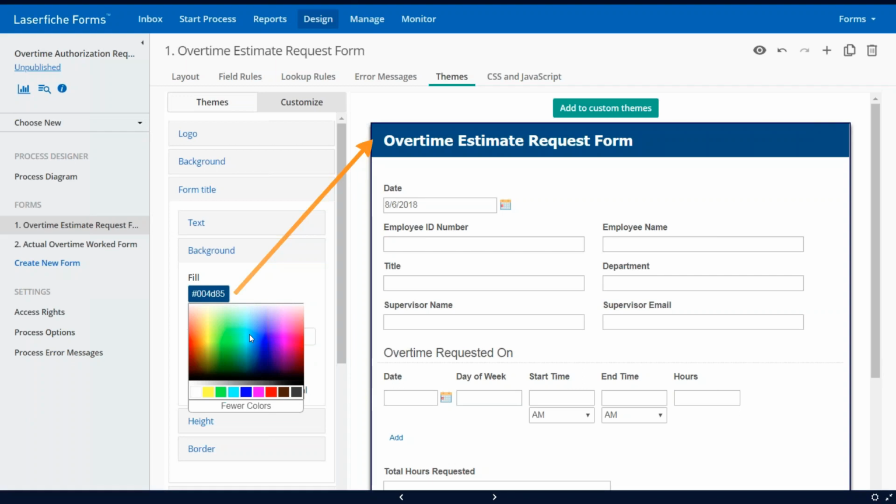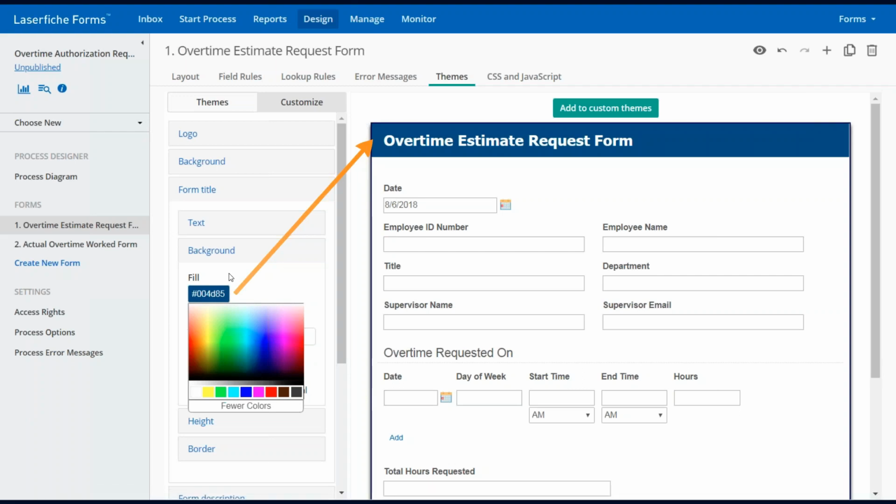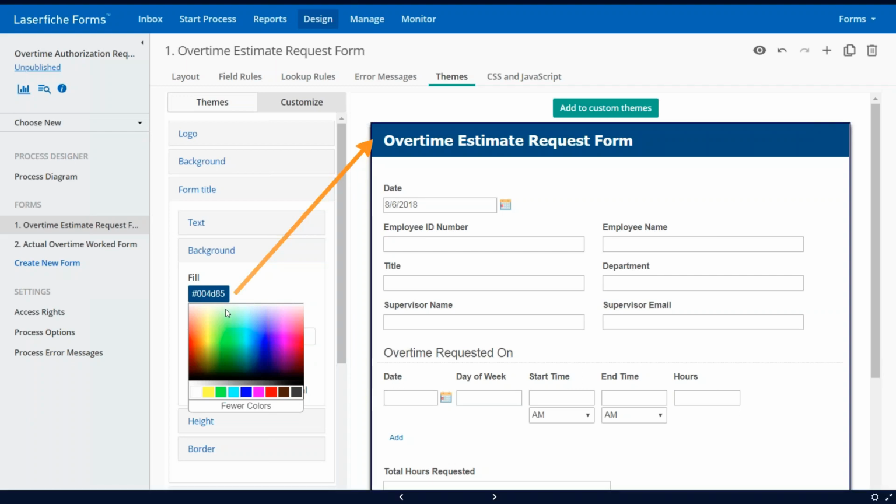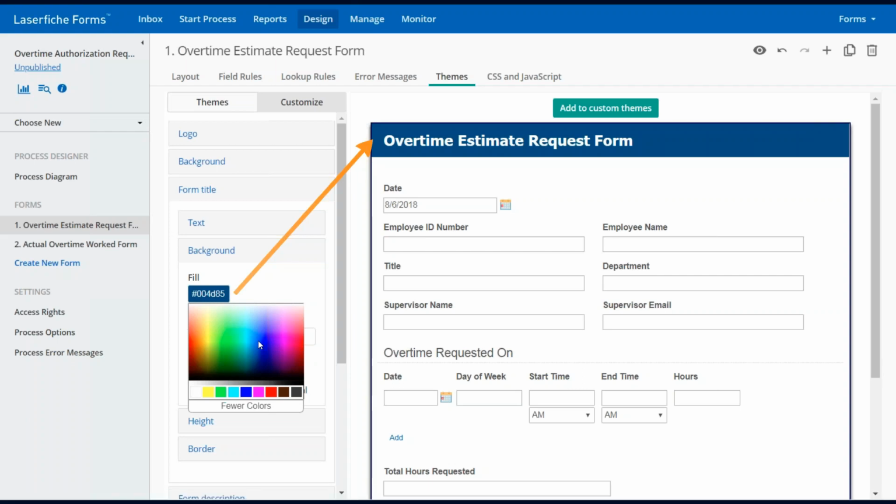If you don't know this little code here, which is the web color, you can just slide your mouse around on the color picker until you get the color exactly how you want it. If you can't find quite the right color using the color picker here, I'm going to show you how